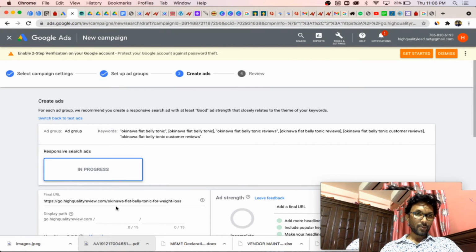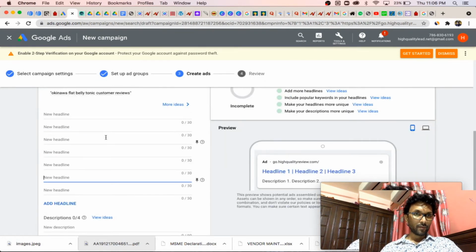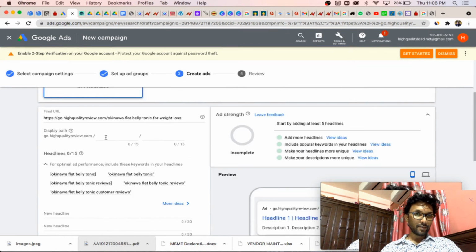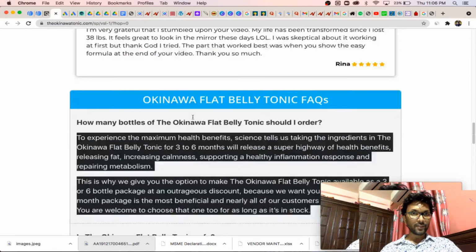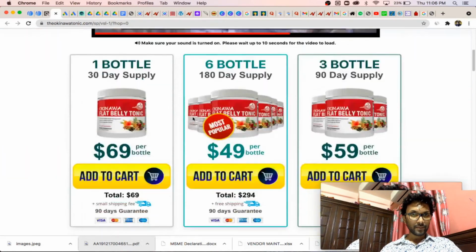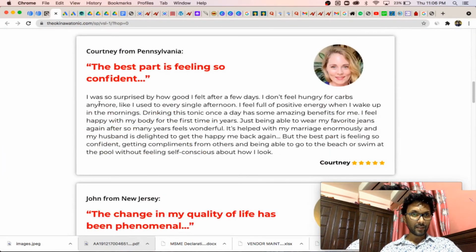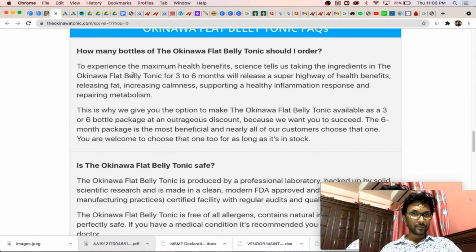And you have to create an ad now. You can create a simple ad, like I'm quickly creating from the sales page itself. I'm taking some lines like health benefits.